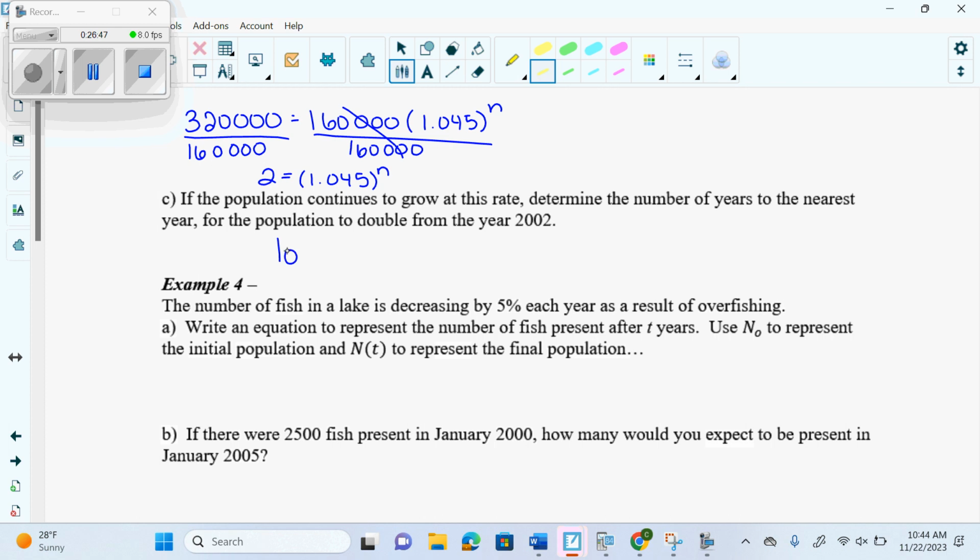And the moment I don't know my exponent, I'm converting to a log. So I get log base what? What's the base of my exponent? 1.045. What goes beside the log? 2. And then it equals n. Right? So what's friends doesn't stay friends. It always equals the exponent, which it should. That's how we get the exponent from down. Right? When we type that in,